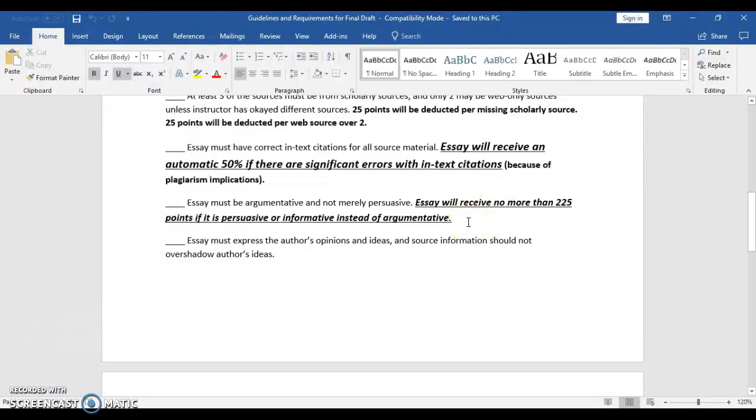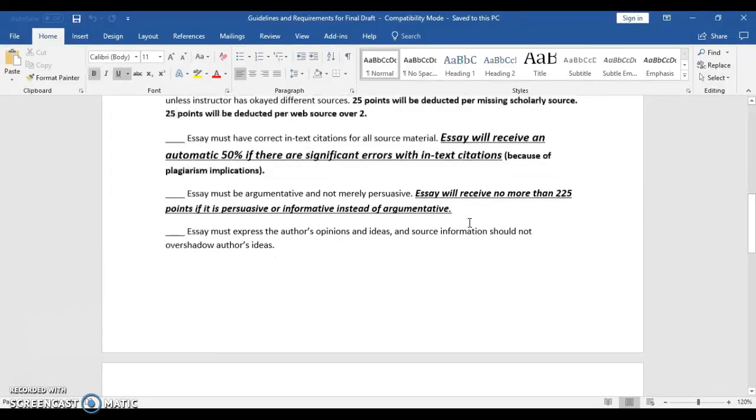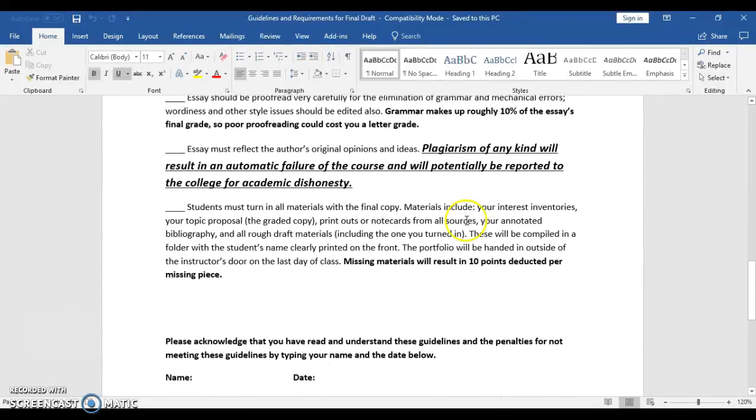If it's not an argumentative essay, that classic argument, it can't earn more than 225, which is a little bit more than 50%. That's like 60%. If there is plagiarism of any kind, whether intentional or unintentional, that's an automatic failure of the course. So those are the big ones, but there are other small ones also,